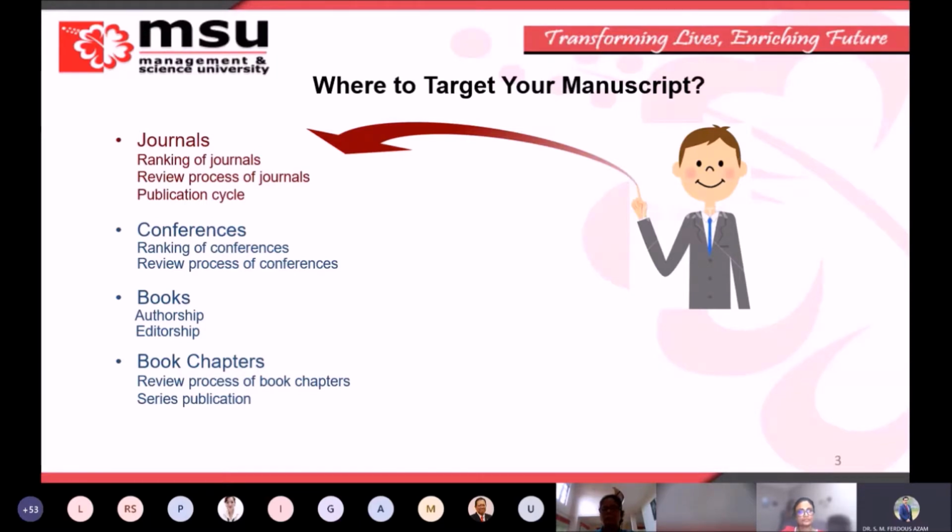Sometimes they offer book authorship or even editorship. We're not going to discuss those things today. Maybe in some other forum, if we have the opportunity to discuss together, we can discuss in detail. But today, we'd like to put emphasis on journals, focusing on quality Scopus papers. To move forward,